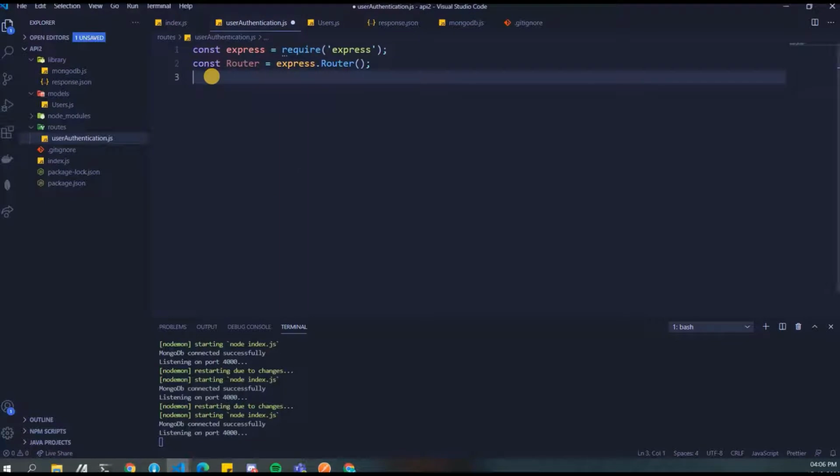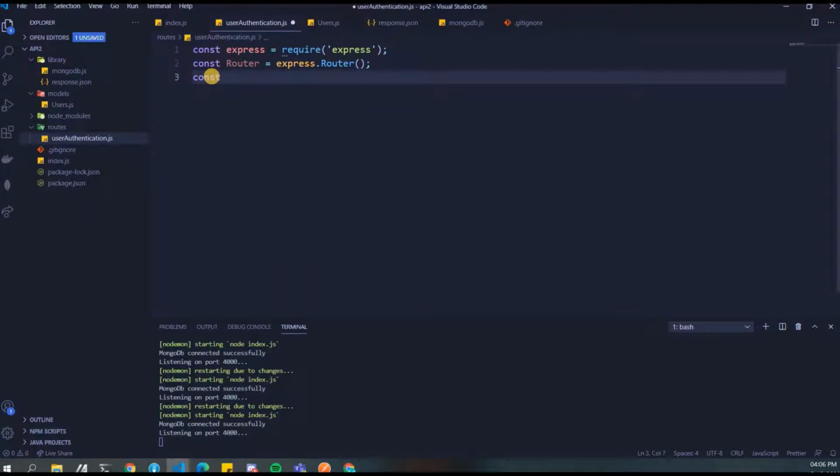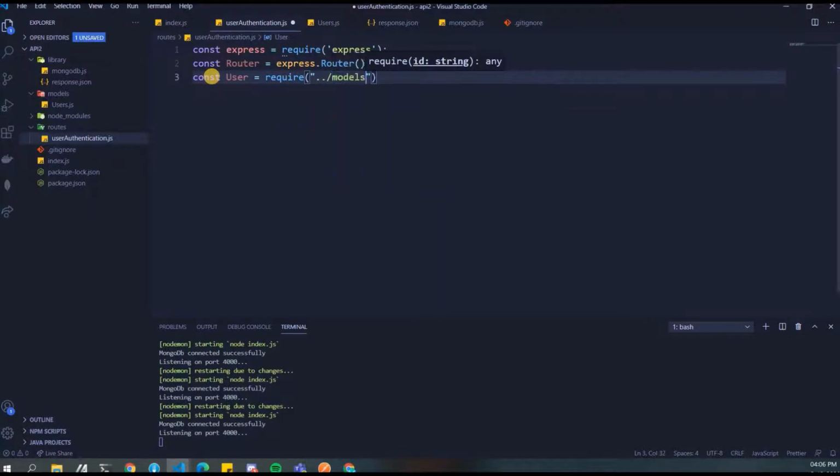For that, we'll import a dependency called user, from our models file, and over there users. Correct? Now we'll talk about creating our APIs.